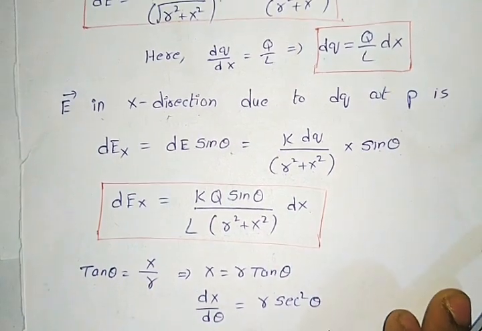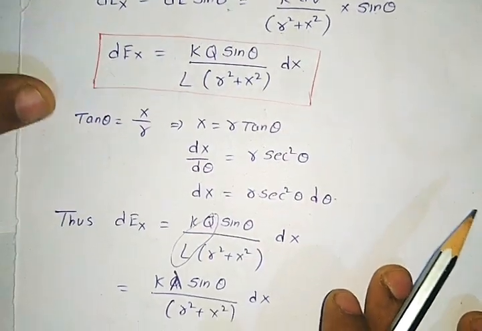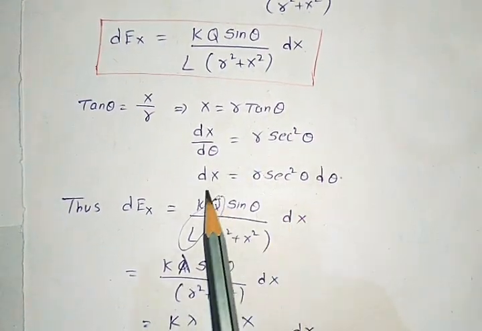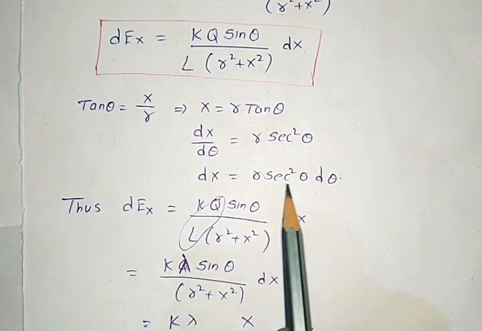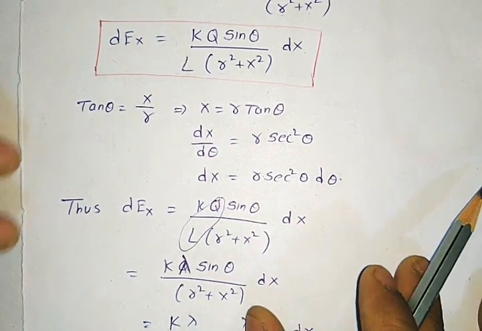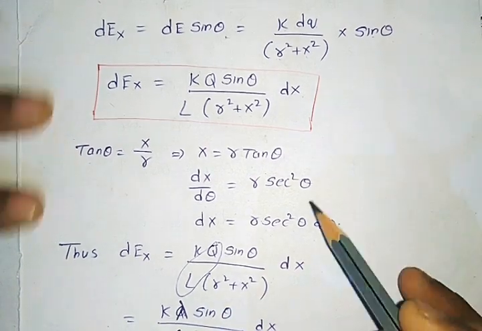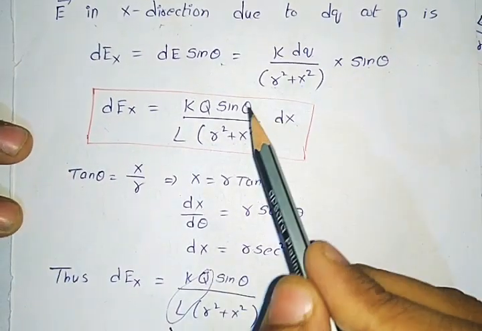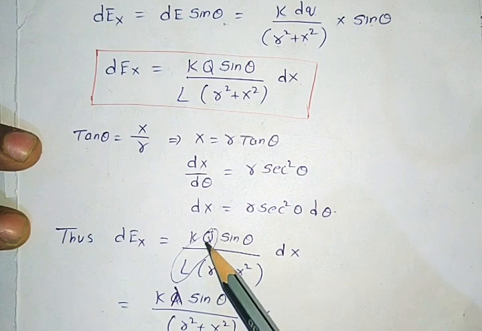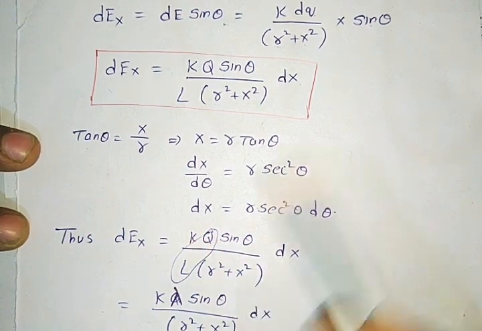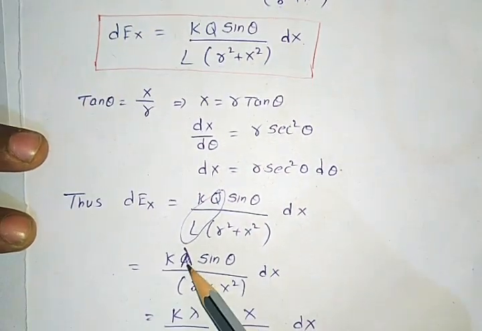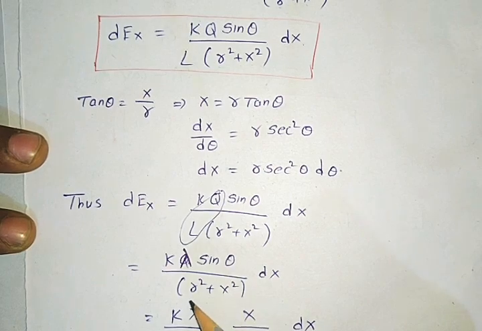Again here tan theta is x by r, from that x will be r tan theta. So differentiating this we will get dx is nothing but r secant square theta d theta. Now we take this particular equation and substitute values one by one. So here q by L is nothing but the linear charge distribution lambda, so k lambda sin theta by r square